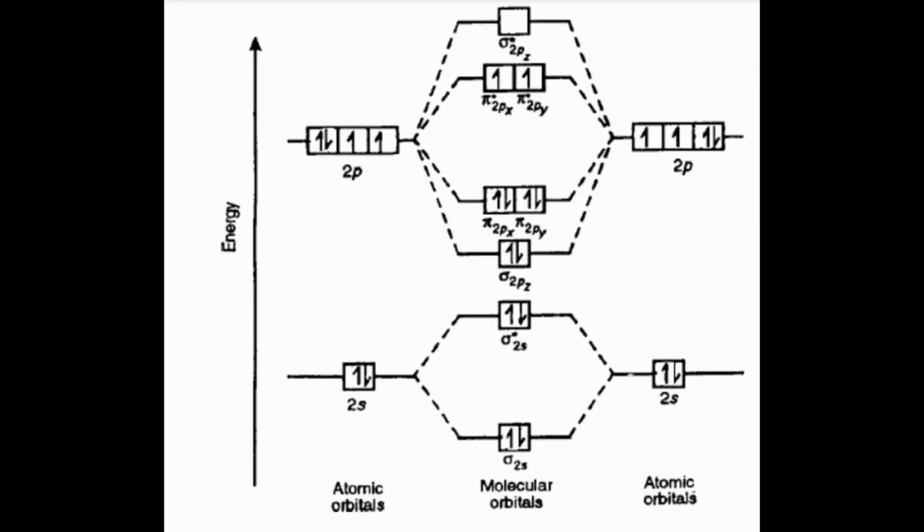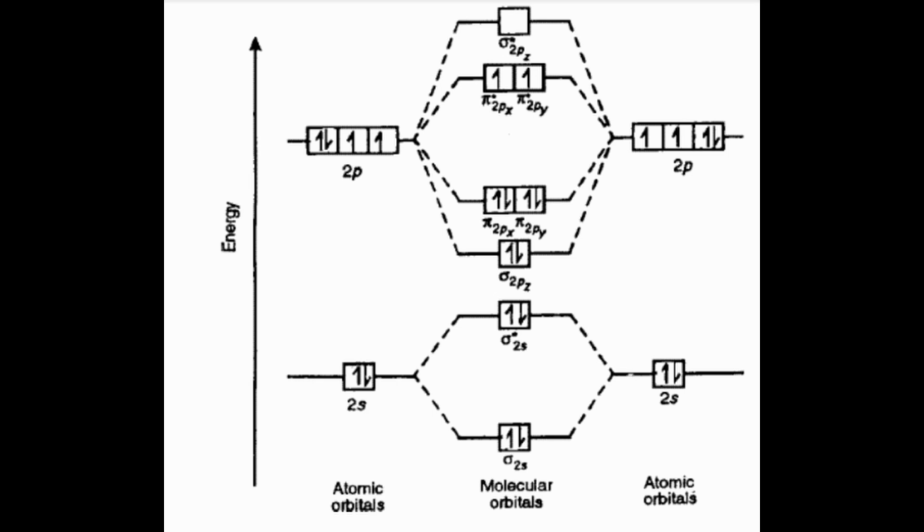Now the oxygen atom has 8 electrons, and when they bond they fill bonding and antibonding orbitals, including 2 unpaired electrons in the antibonding orbital. This gives O2 a bond order of 2, making it stable with a double bond. However, because of its unpaired electrons, O2 is paramagnetic, which means it is attracted to a magnetic field, a fact that's been